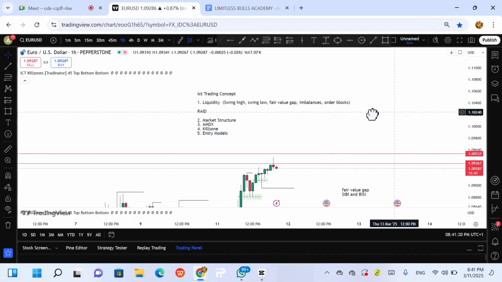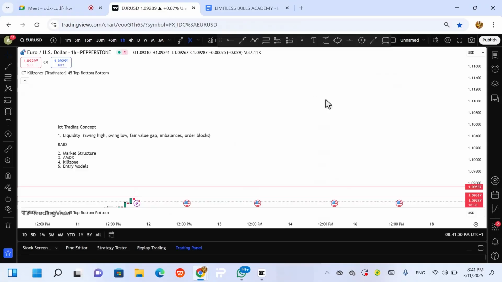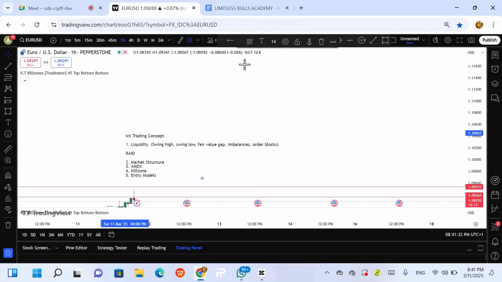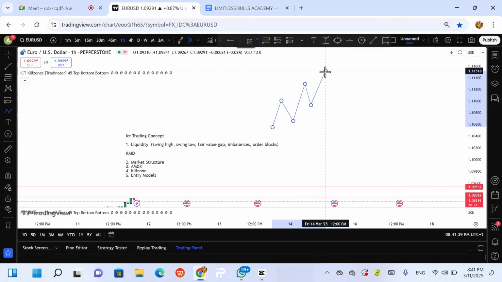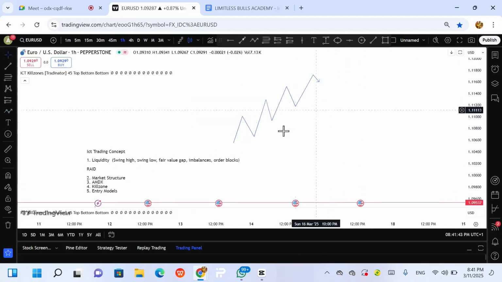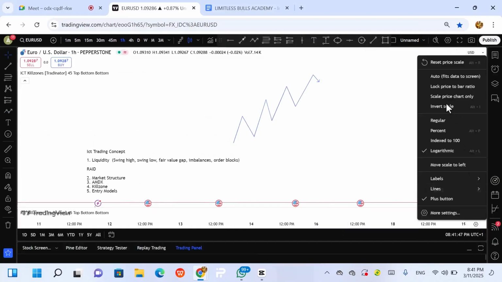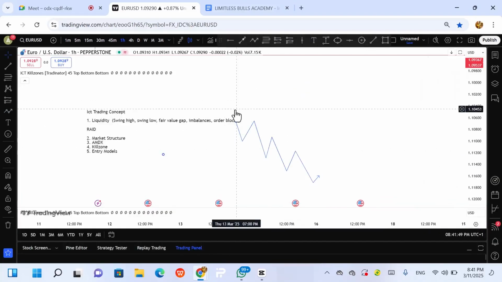So you know what market structure is? We have just three phases. We have the bullish market, where price continually forms higher highs and higher lows, right? You know of this. You have the bullish market. And what again? We have the bearish market. So what is the bearish market? The bearish market is the inverse of this. So this market was buying, but now you see the market is forming lower highs and lower lows. Lower highs and lower lows. You get the point now.